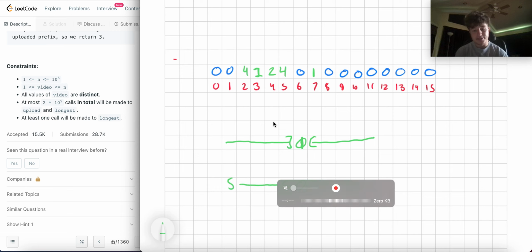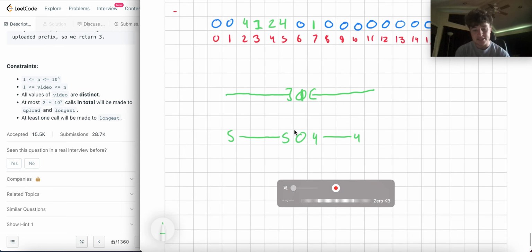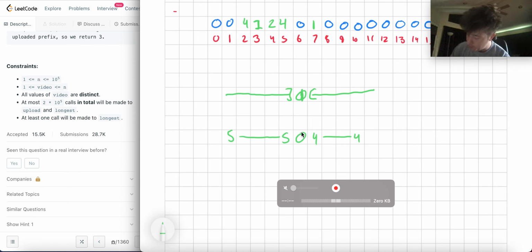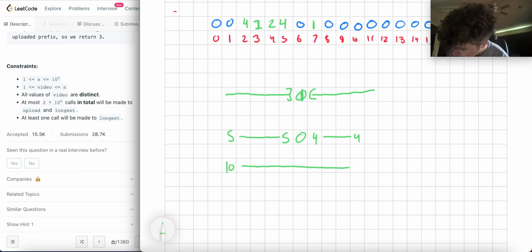In this example, there's a prefix of size 5 on the left side and a prefix of size 4 on the right side. So how would I combine these? If I made this a 1, there should be a new prefix like this of size 10 here.